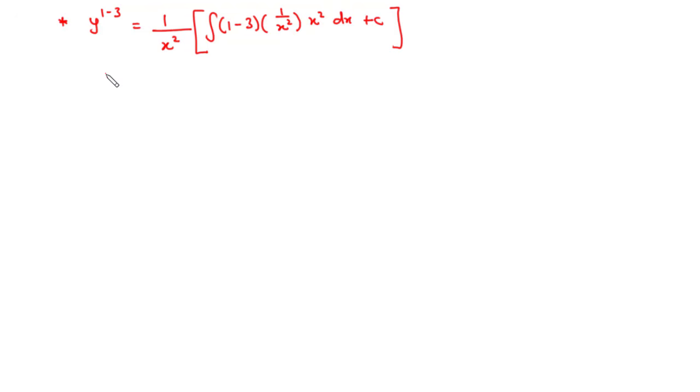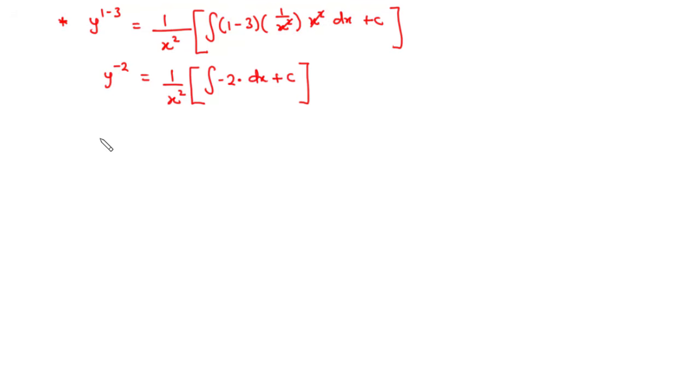So this is going to be y to the power negative 2 equal to 1 over x squared times the integral of, now 1 minus 3 is negative 2, so we have negative 2 times x squared cancels out x squared, so we are left with only dx